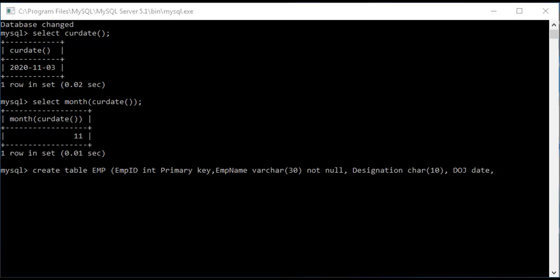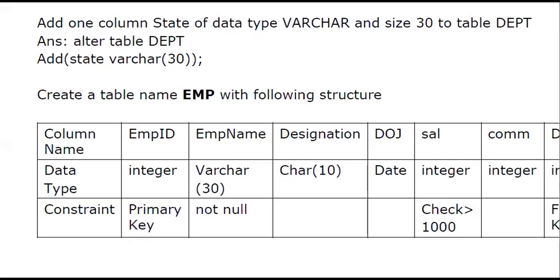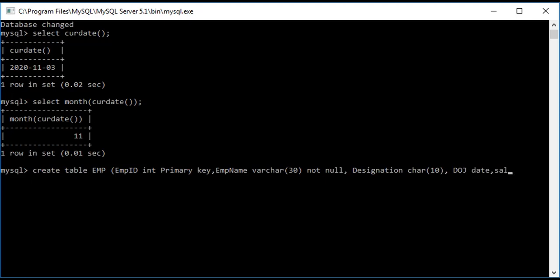Then we have SAL, integer, check greater than 1000. So S is capital, A and L are small. SAL is the next column, and the data type is int, and check.